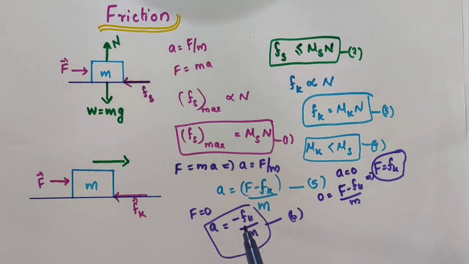Why? Because there will be a force of friction, that is kinetic friction, acting on that body, which opposes the motion of the body. Because of that frictional force acting in the direction opposite to the motion of the ball, its velocity decreases with time, and eventually it comes to a stop.